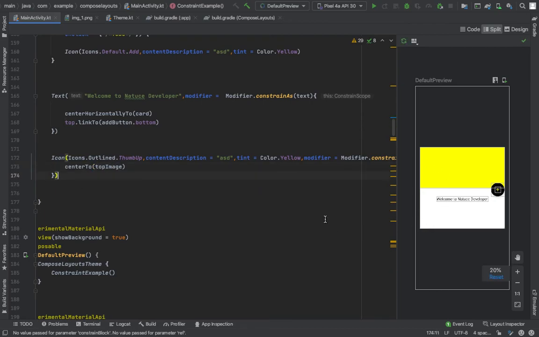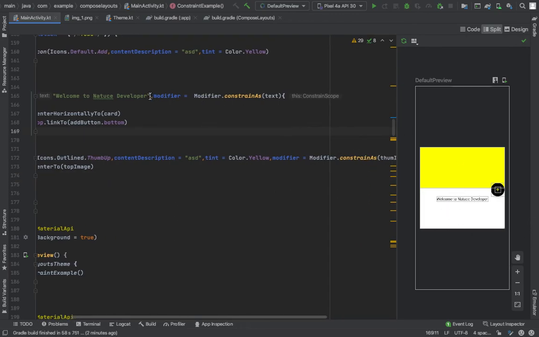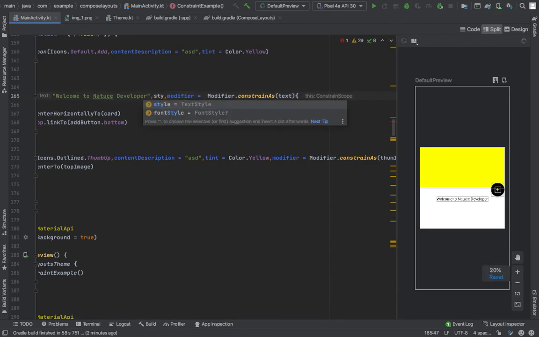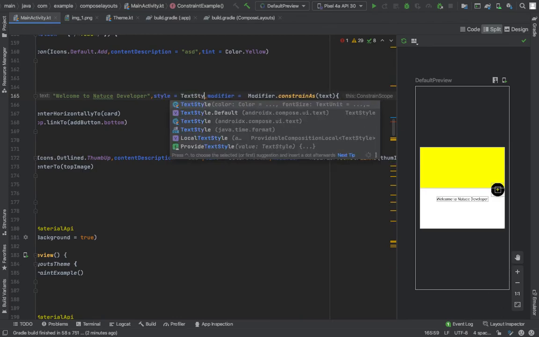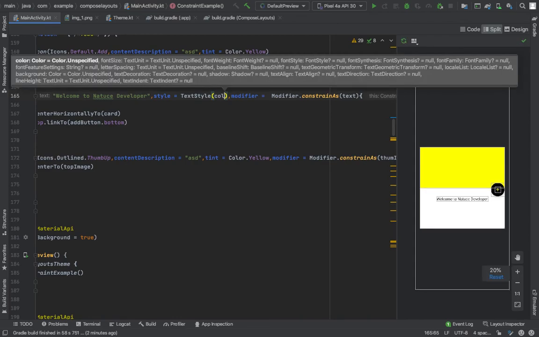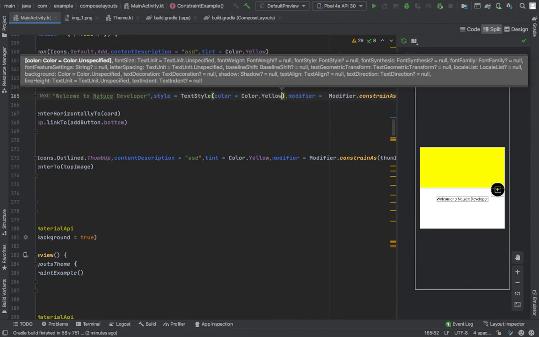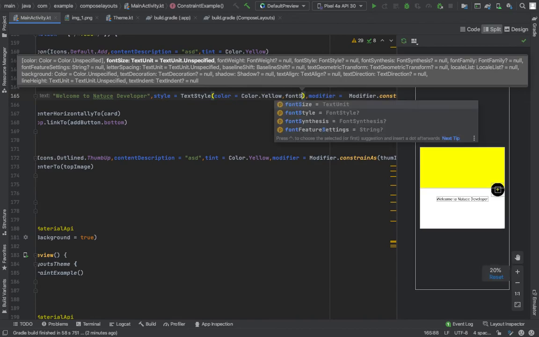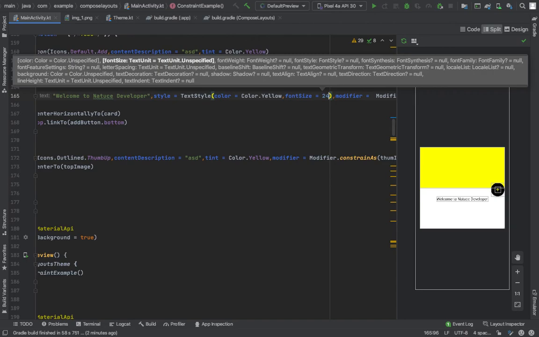Okay, guys, we are done with the design, we are done with the text. You can assign some text properties to make it look better by using style properties of text. Let's give it a color dot yellow, and also the font size. Let's take the font size of 24.sp.